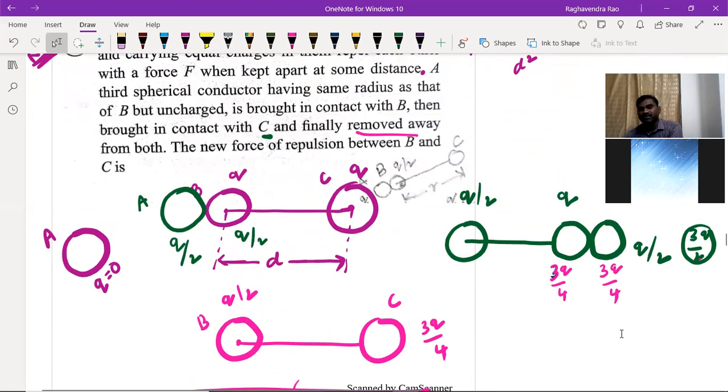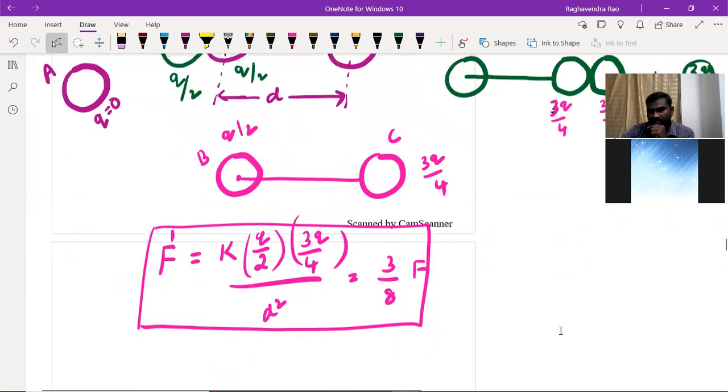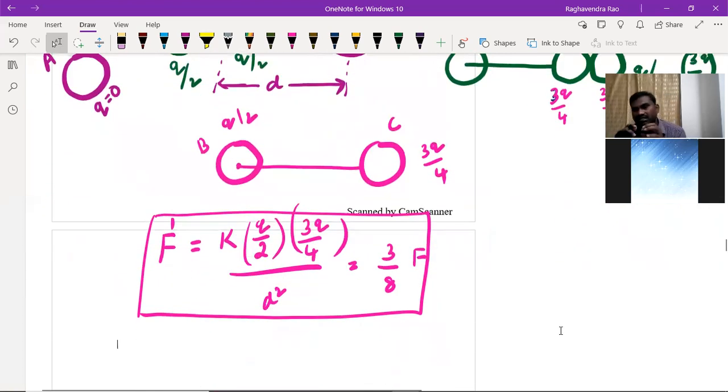So this is based on conduction or redistribution of charges. We will discuss redistribution of charges again in the chapter on electric potential and capacitance. But here we should remember that the process of conduction precedes repulsion, because the same charge is redistributed on both the bodies, that is Q by 2, Q by 2. Conduction looks very simple, but based on it, this type of question will be asked in the examination.